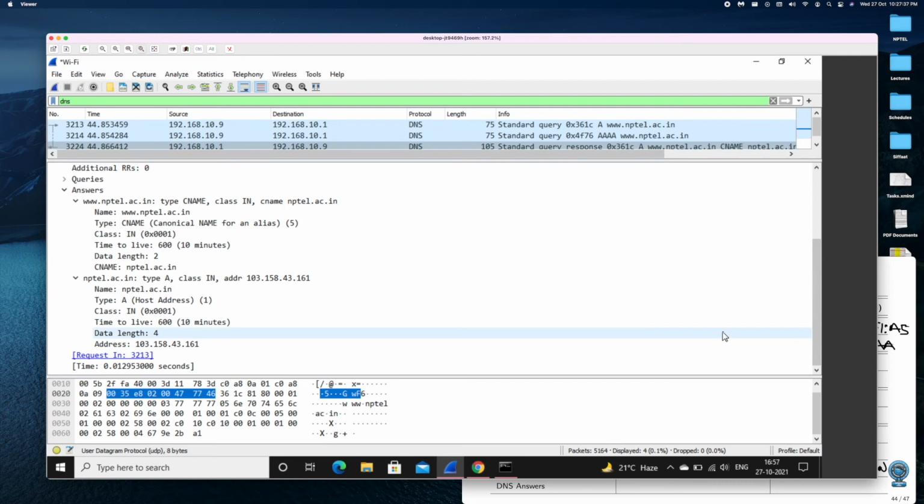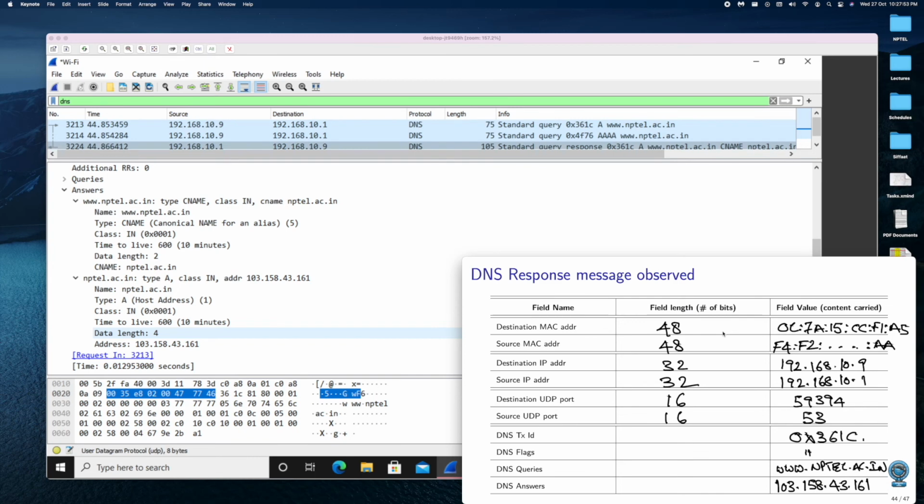Yes, we can see the IP address as 10. This is important. In fact, all these things happen to find out the IP address of the NPTEL server. 161. Right. Let's quickly check this. Yeah, I have noted down the IP address here. And the details of the length and all these things I'll leave for the users to fill up.